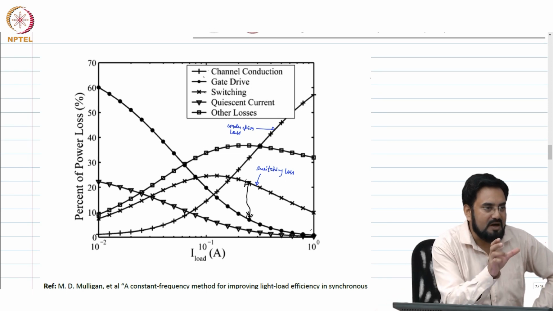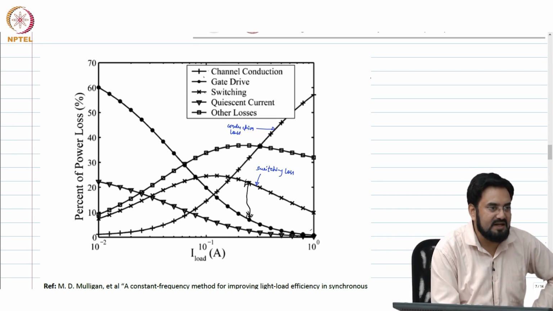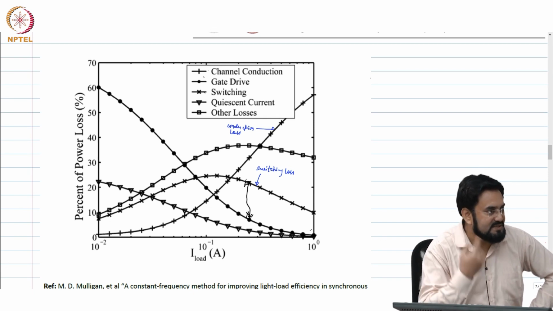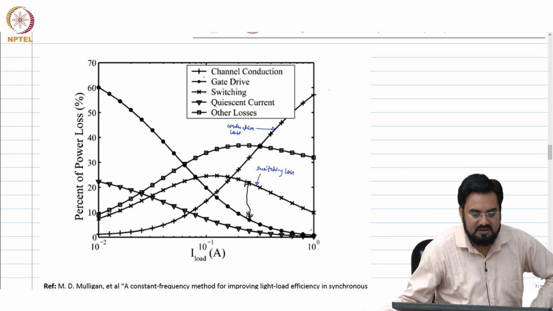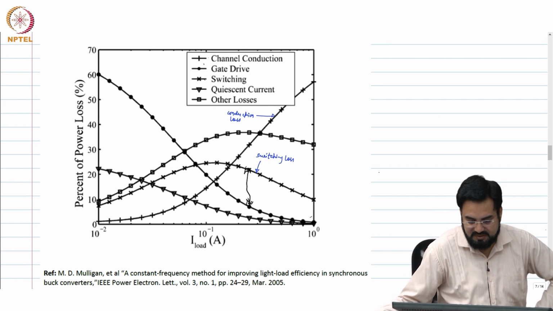No, but that is how you have to look at which factor is dominating. Conduction loss has a square factor. So, if you make the current double, that will increase by 4x. So, percentage wise this will be more and the other will be less. Okay. It is relative. You should not look at the absolute number. Absolute both will increase, but which one is dominant compared to the other, that is what you have to look at.